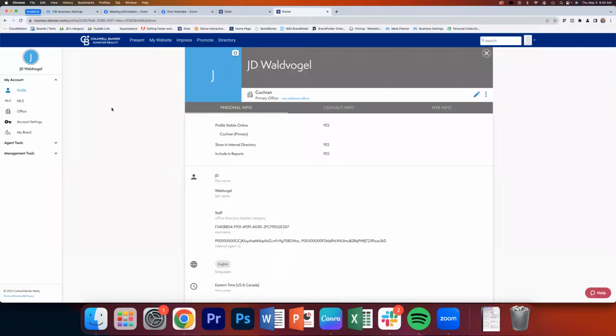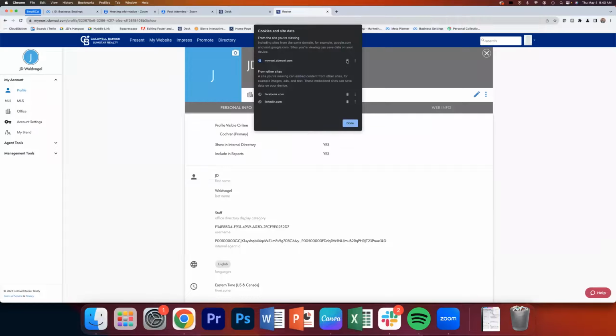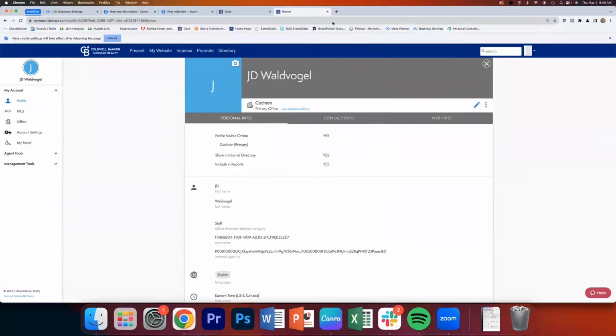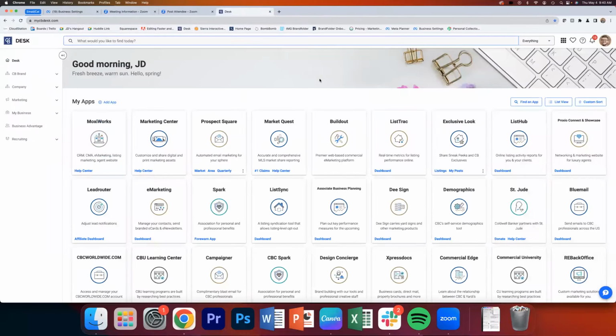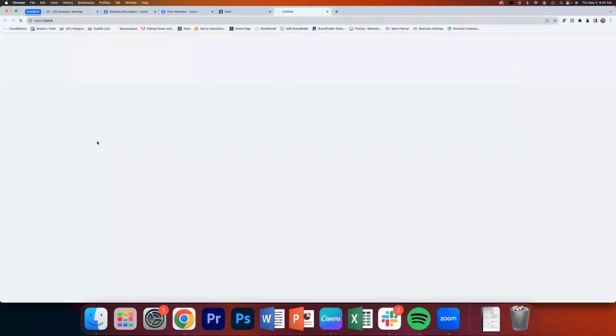So I'm in my Florida one, but that's fine and dandy, but I want to be in my Michigan one. So I'm going to do the exact same thing. Instead of clearing all of my cookies and resetting everything, I'm going to go up to the little lock up here, go down to cookies and site data, manage cookies and site data, and I'm going to remove both of these, cbmoxie and mymoxie.cbmoxie. Lots of moxie. I delete those. I'm going to click done. I'm going to X out of that page, go back to MoxieWorks,